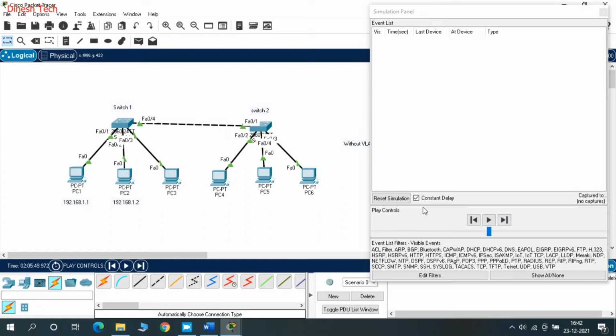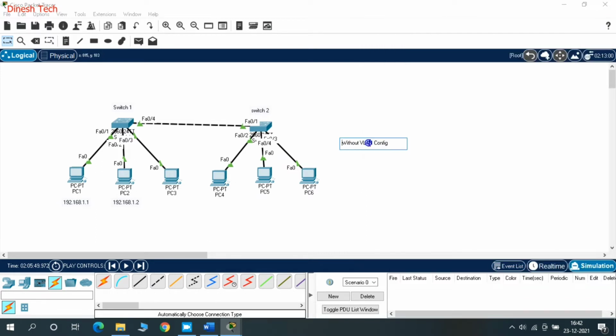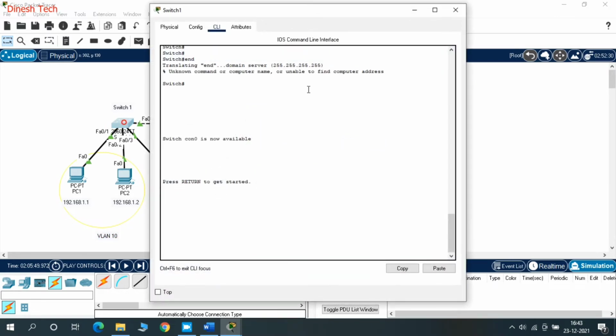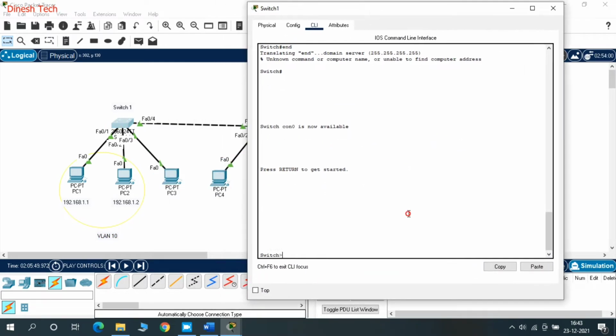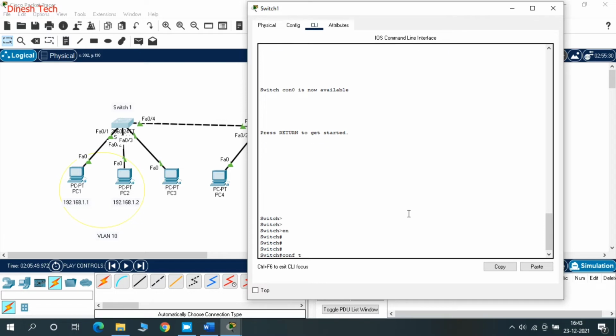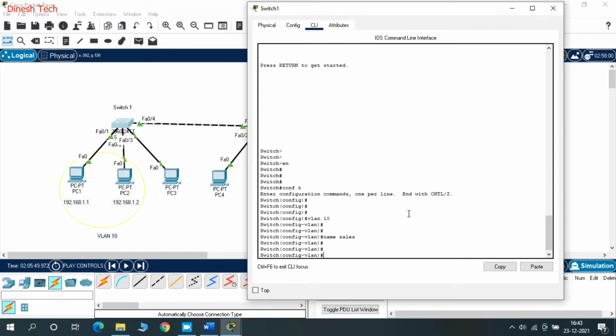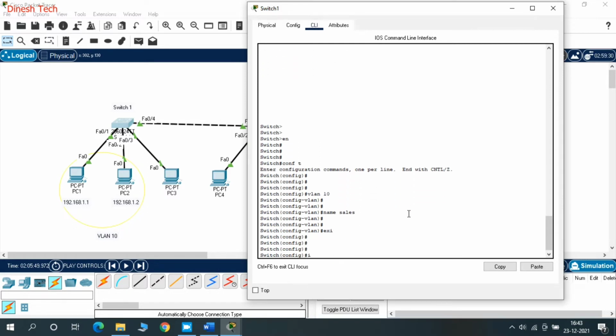Okay, now our second scenario, with VLAN configuration: how switch 1 will send the broadcast request to all connected interfaces. We have taken the same setup, but only the first two PCs we are going to configure as VLAN 10. Those PCs will be in the VLAN 10 network. Okay, just log into switch 1 and try to create the VLAN 10 network. Give the command VLAN 10 and name it sales. So we have created an L2 VLAN now. Now just assign this VLAN to interfaces Fa0/1 and Fa0/2, I guess, both PCs' connected interfaces.